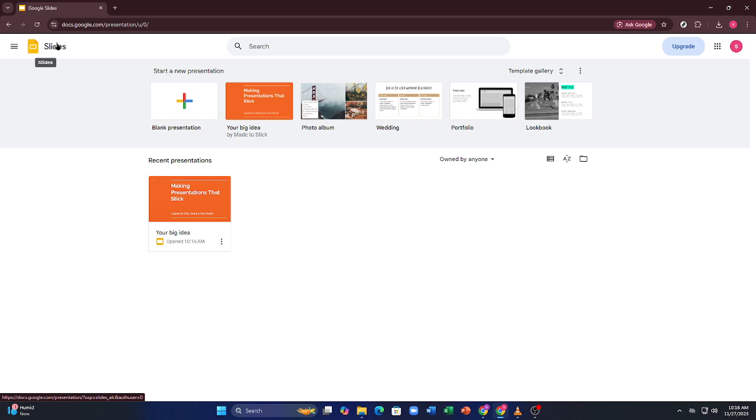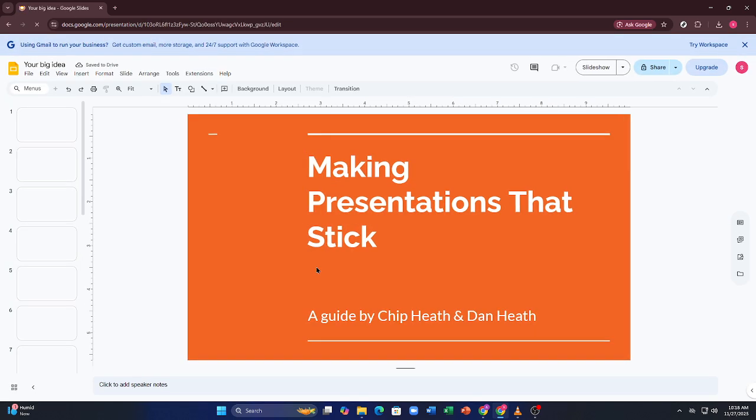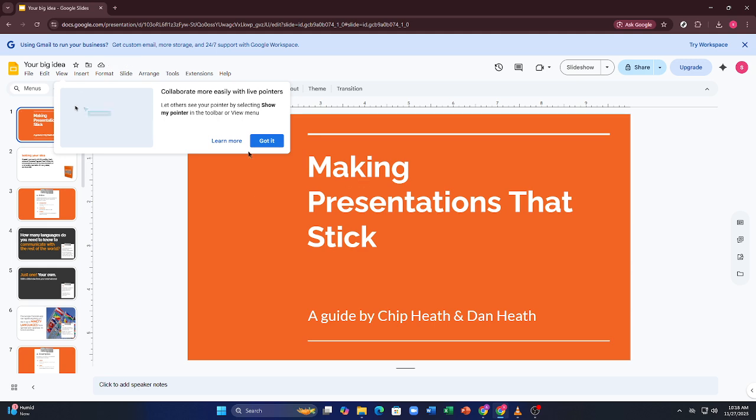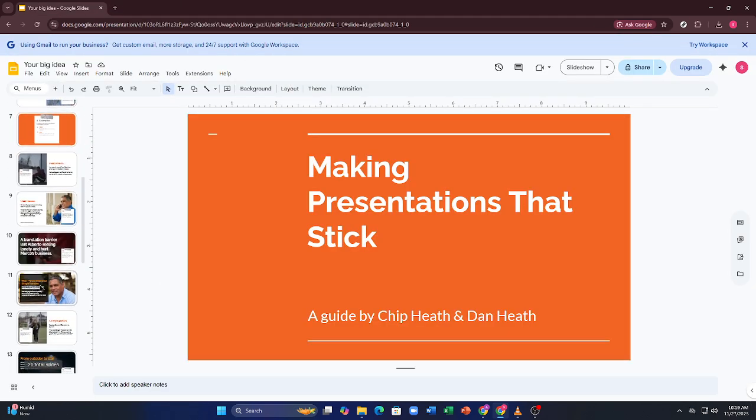So first, open up your Google Slides presentation. You can pick any project, maybe something you're editing for school or a work presentation. Just click the file and give it a second to load. Once the presentation opens, look at the left side. You'll see all your slide thumbnails there. Just click the slide that has the text box you want to remove, and the slide will appear in the